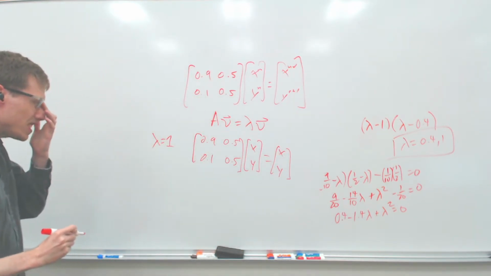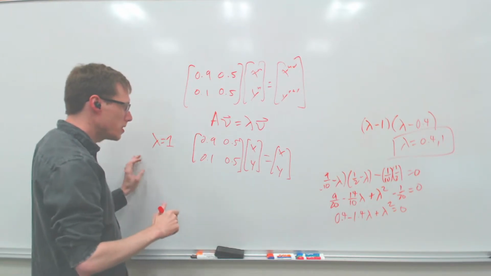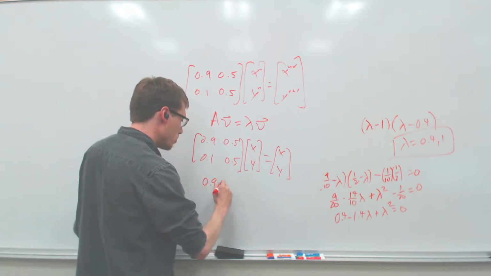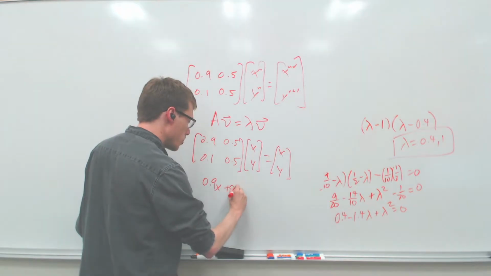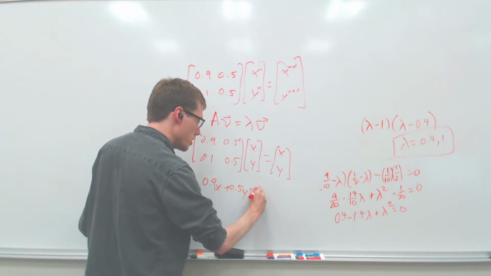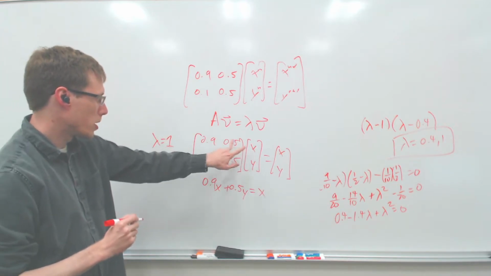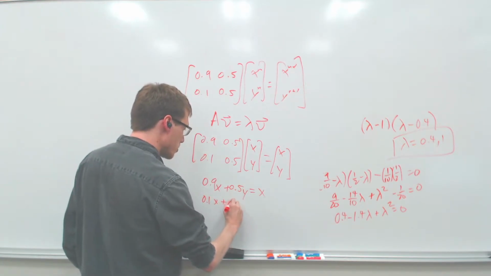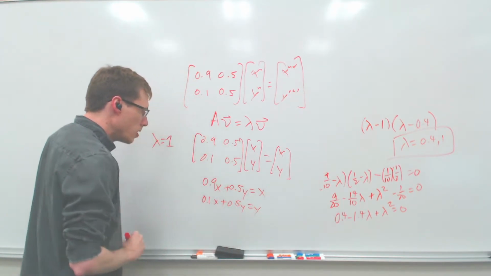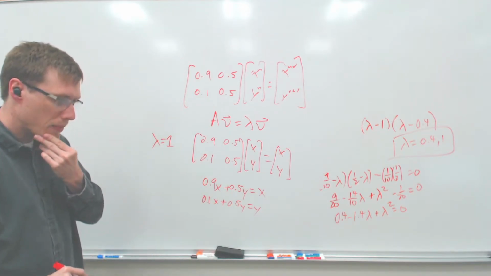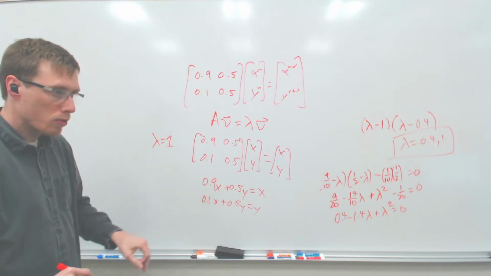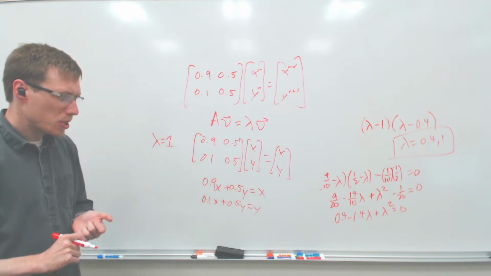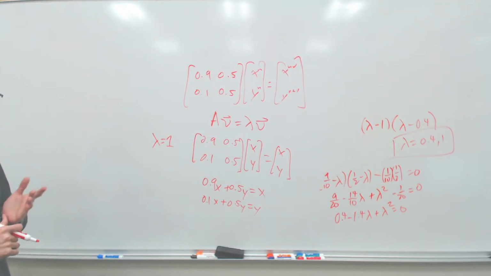Right? Easy. So this one comes out to be that, and these are always going to end up not being able to actually get solved fully. Right? 0 plus 0.5y has to equal x, just multiplying this through. And then also that 0.1x plus 0.5y has to equal y. Once again, I believe we saw this last time where this thing couldn't easily get solved, right? Unless we put in the constraint that x plus y has to equal 1, which is a pretty reasonable assumption here, but actually is not necessary here.